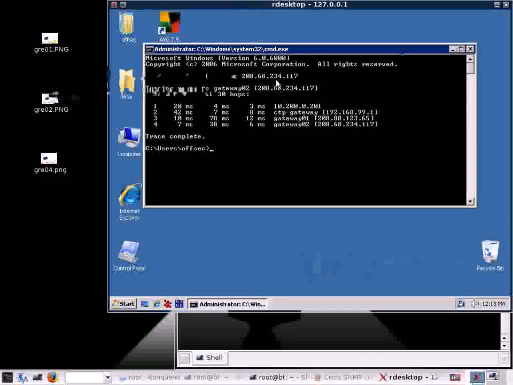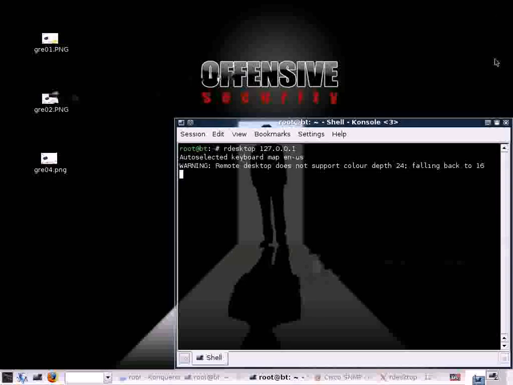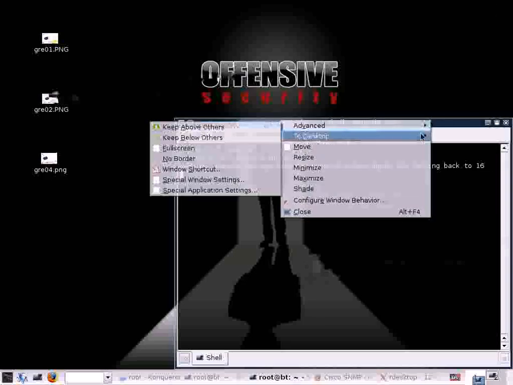Alright, so this nearby server is a few hops away, and this is the routing path that was taken in order to reach this server. So this is a nice before snapshot, as we'll be comparing this output once the attack is complete. So let's minimize this window as well and proceed with our